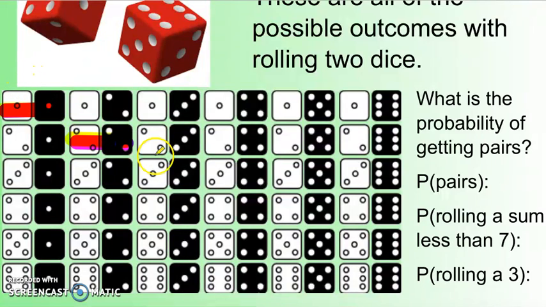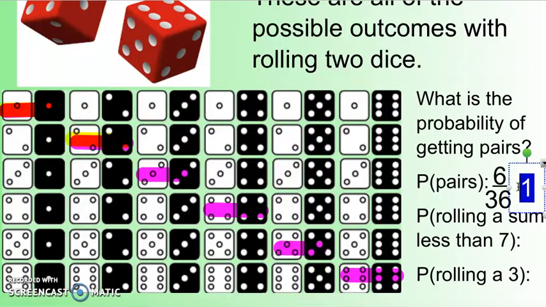Here's 1, here's 2, here's 3, here's 4, here's 5, here's 6. There are 6 possibilities. How many total possibilities are there? Well, just go like this, multiply them. It looks like a multiplication array. So here's 1 pair, 2 pairs, 3 pairs, 4 pairs, 5 pairs, 6 pairs. 6 times 6. 6 times 6 is 36. Now we can't leave this fraction the way it is. We need to simplify it. So my answer would be, if I divide both by 6, I can get 1 out of 6. So 1/6 chance of rolling